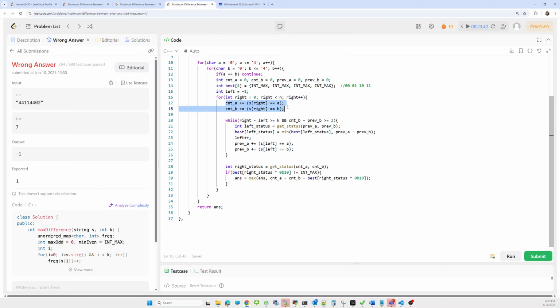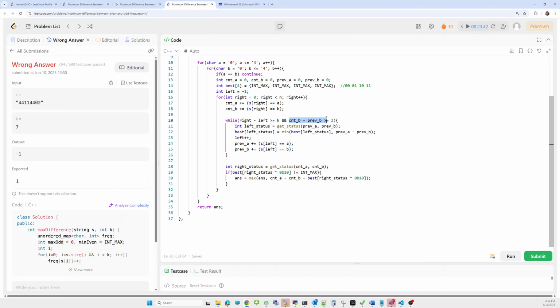While iterating, first we have to update the frequency. If the current character is equivalent to A, then update the count A frequency. If the character is equivalent to B, update the frequency for B. Now if the substring size becomes more than or equal to K,